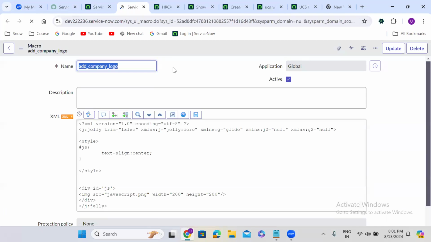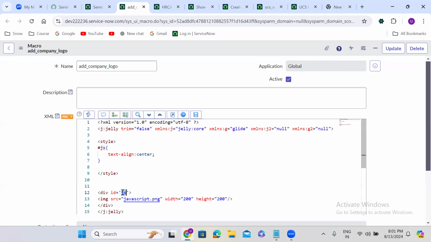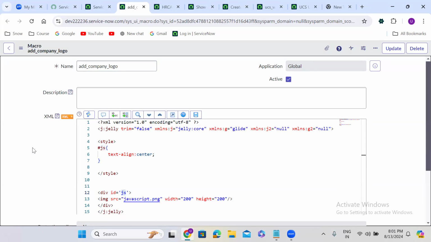So, in this UI macro also, you can see the ID is JS here. ID is very important in the UI macro. Okay. So, normally, guys, if you see,